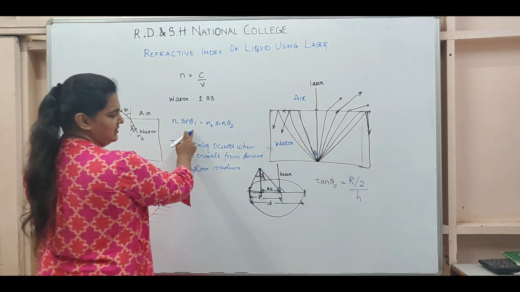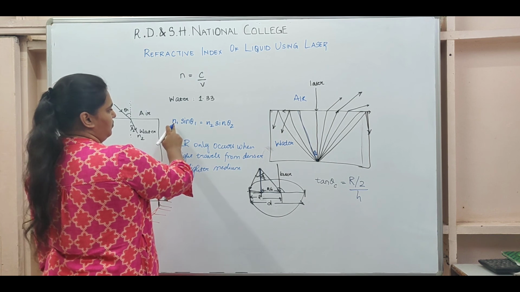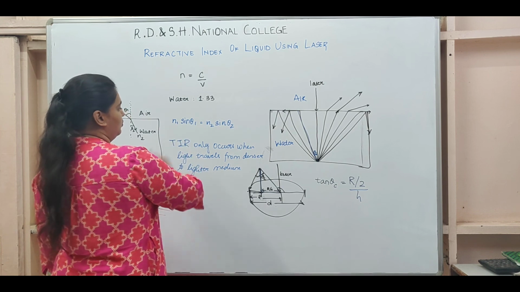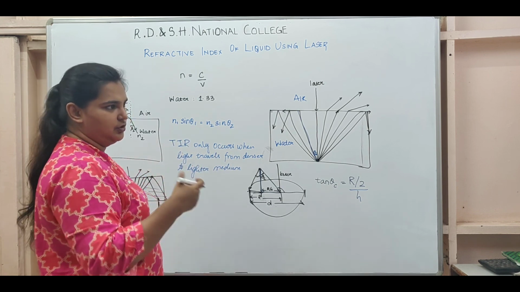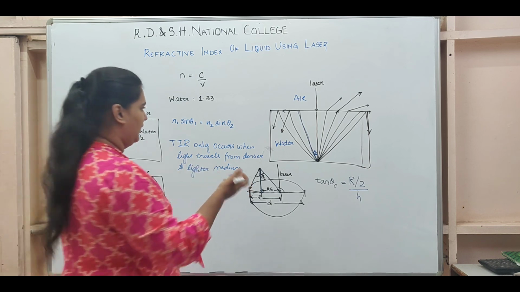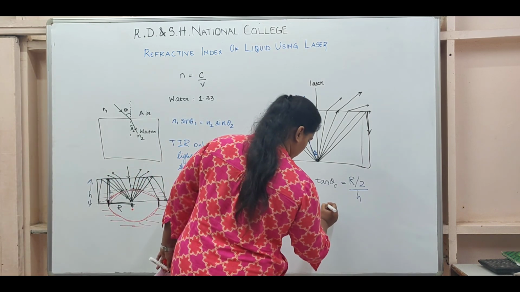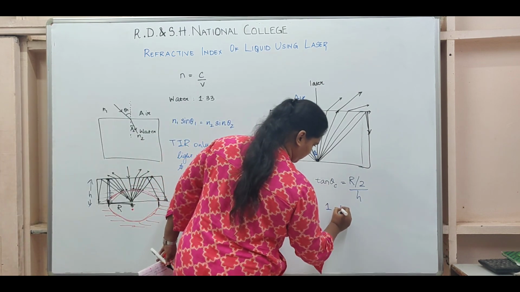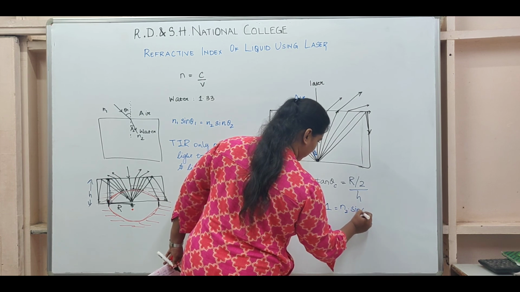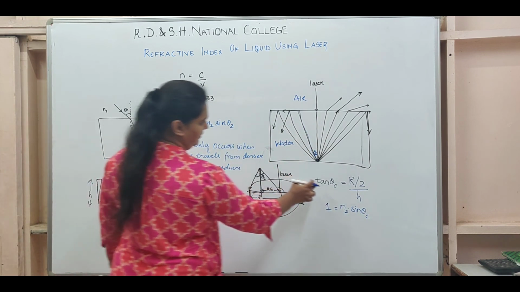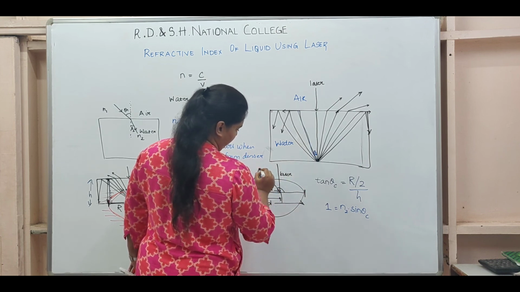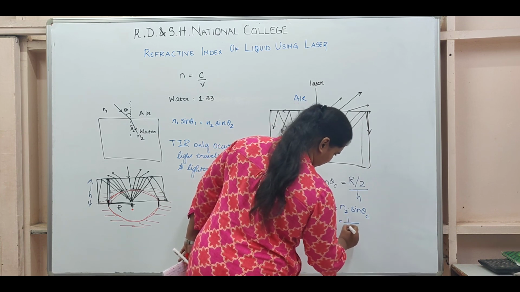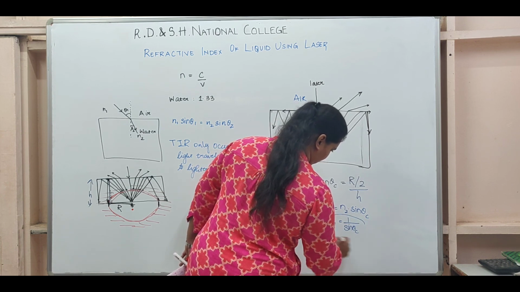So we had Snell's law already here. For air, the refractive index is 1. The angle of refraction is 90 degrees for the critical angle to be achieved, and sine 90 is 1. Therefore we get 1 is equal to n2, which is the refractive index of water, into sine theta 2, and sine theta 2 is nothing but my theta c. We are talking of this angle. So therefore n2 will be nothing but 1 upon sine theta c. So I have to measure this.